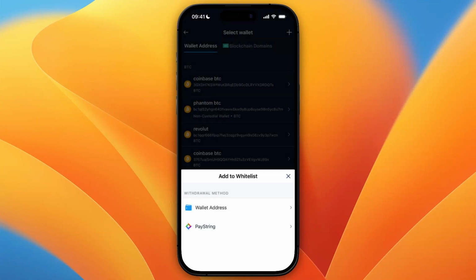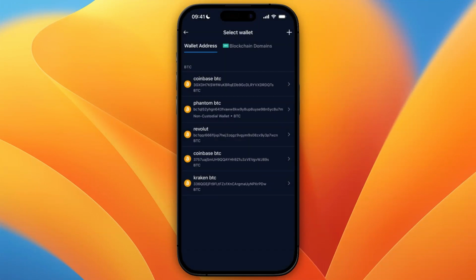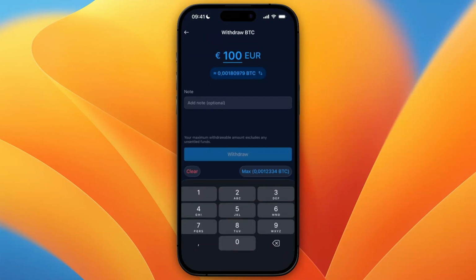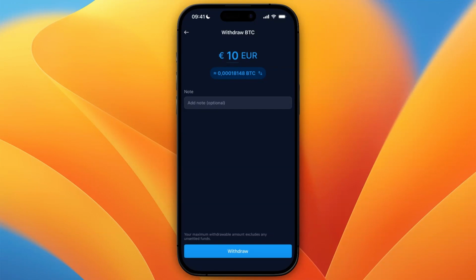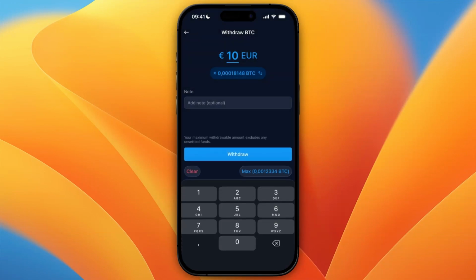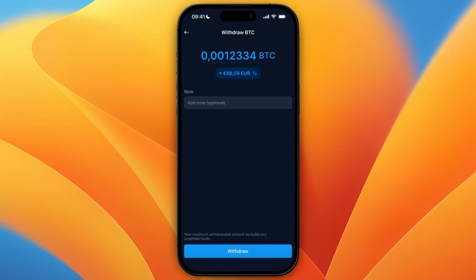Now I'll just use one of the addresses I already have right here, such as my Coinbase Bitcoin address right here at the top. Then click Confirm and Withdraw, and now choose how much you want to withdraw. For example, 10 euros, then click Withdraw. Now there is a minimum, so this is not enough, but you can also click Max, which is the max